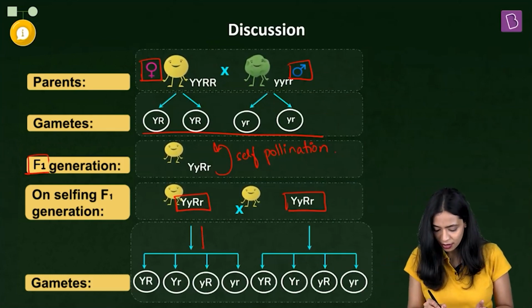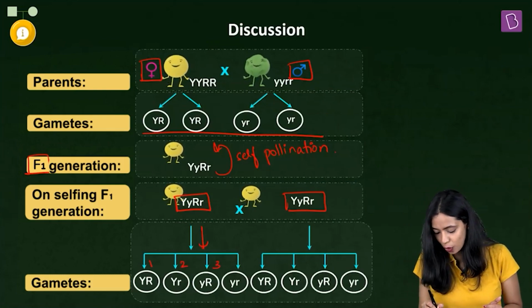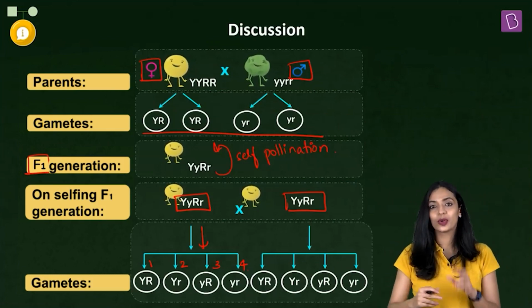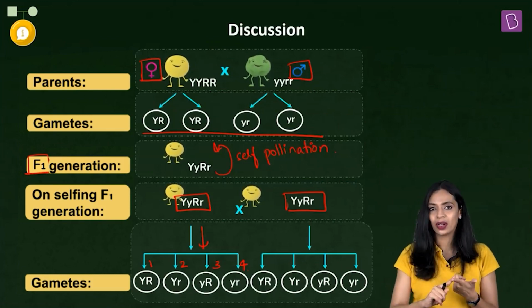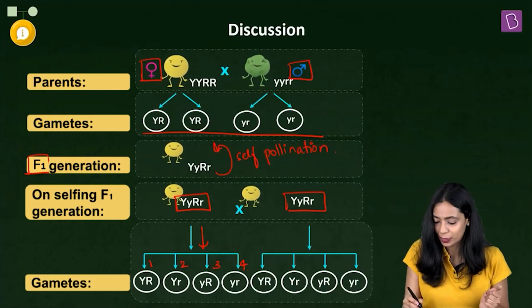Here you can see how each parent produces 4 different types of gametes. Again, remember we have 4 letters in the genotype. Each gamete should have 2 alphabets, and each gamete should have 1 Y and 1 R. How exactly is this done? I have a way that I do, and I can tell you about it.